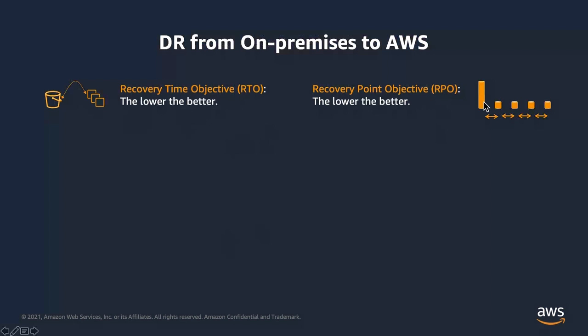The idea here is that if you're using backups or replication, could be continuous data protection or could be snapshot-based replication, either way, there are discrete points in time where you're sending the data over to AWS Cloud, and which means that it could be seconds or minutes or hours or even days. So assume that it's 1 hour. Every 1 hour you're sending data to AWS Cloud. So your data loss window is 1 hour. And that is what I mean by recovery point objective. Obviously, the lower the RPO, the better it is for you because it reduces your data loss window.